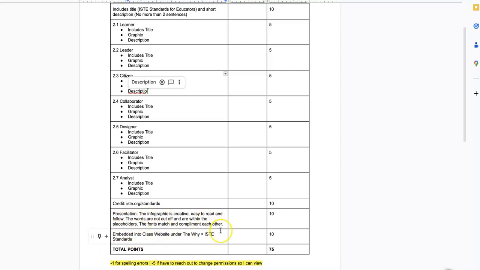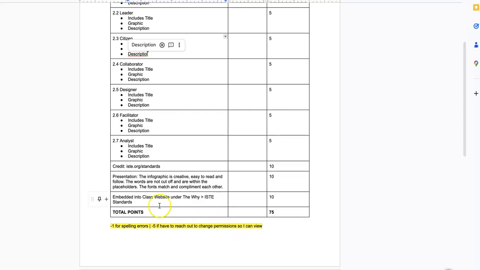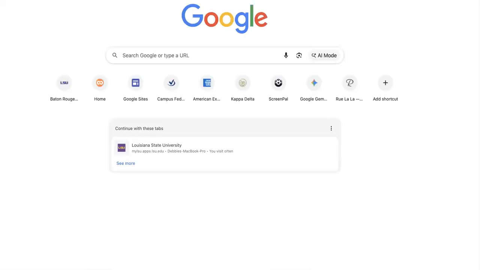Make sure the words are not cut off and within the placeholders, and make sure they complement each other. And then make sure you get 10 points to embed it into the class website under the ISTE standards. So you'll have your summary, then you'll have your infographic, and then we'll have the last thing in just a minute. So let me go back up here, and I'm going to open up Canva,